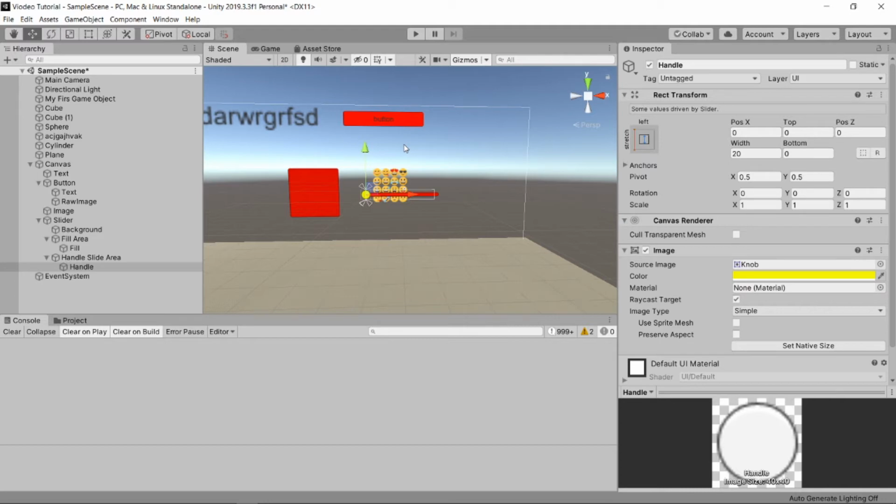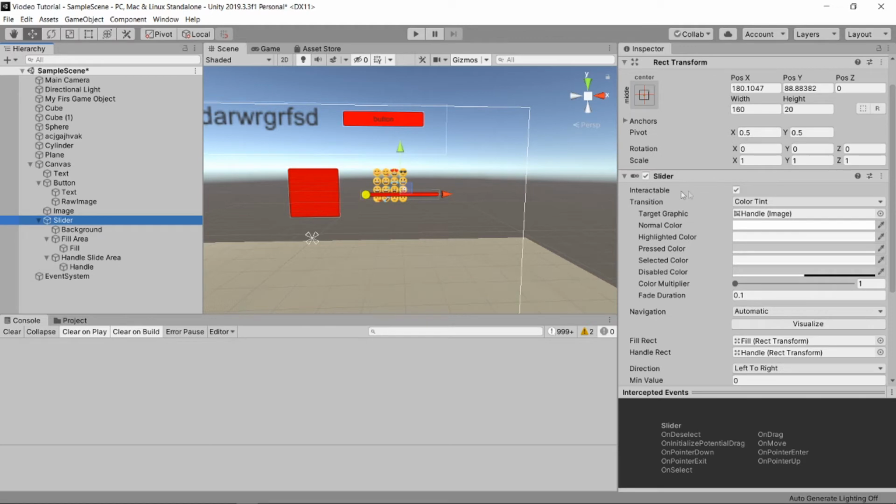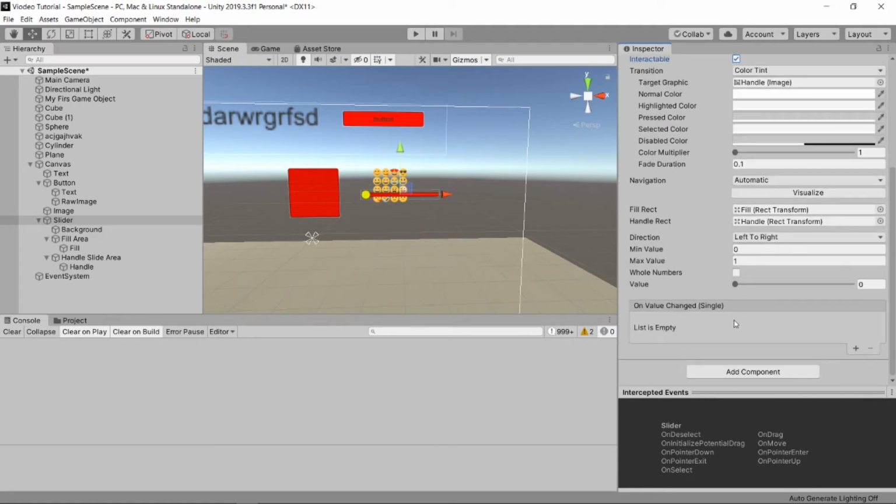If you go here in the slider and set interactable to false, it's not going to get any value. For example, if you want to create a health bar. But for now I'm going to show you how to interact. So you can also set normal color, but don't worry about this. This is what we need to worry about, on value changed. If I click plus, you need to set an object here. I'm going to set my slider. And you can